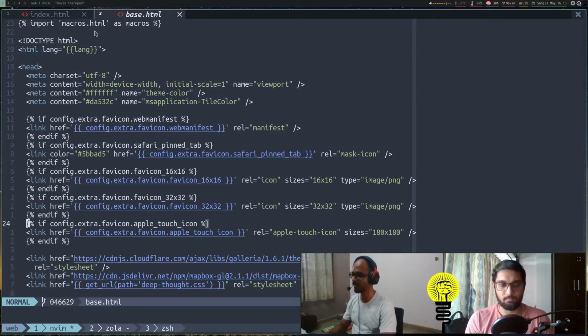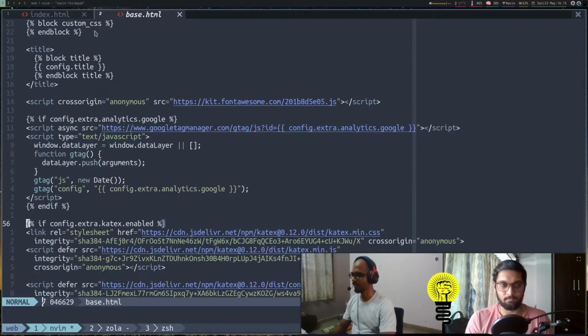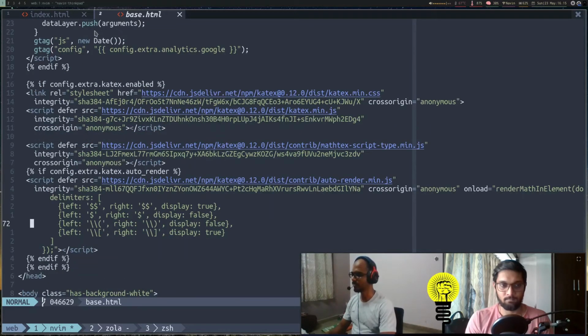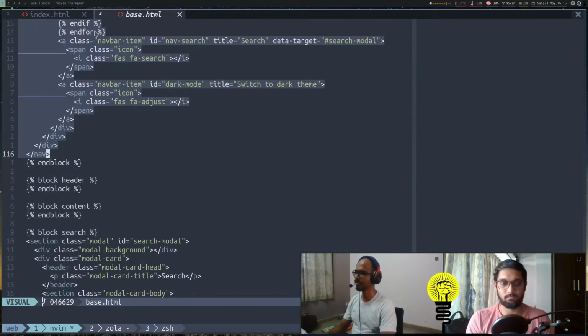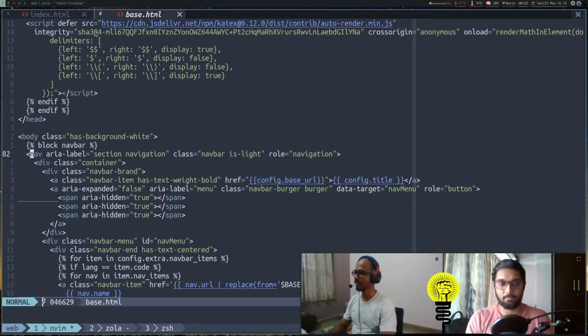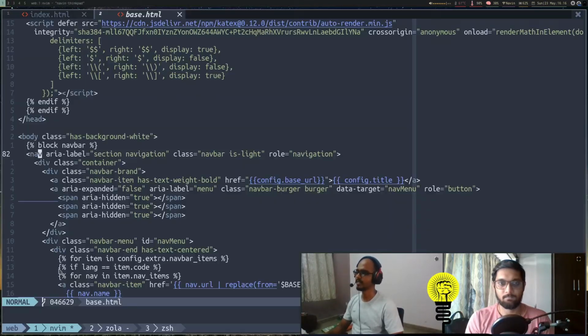We'll take a look at them as well. Let's first search for navbar, and we'll scroll down. There is a script tag. The head is ending here, and then there's a body tag. Inside body, the first tag that we see is the navbar, and it's inside a block called navbar. This is responsible for rendering our navbar in our website.